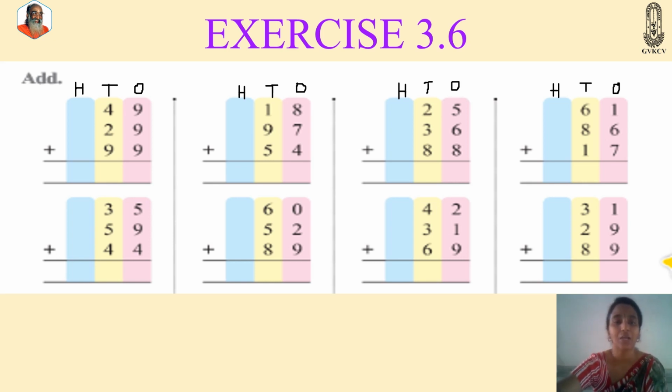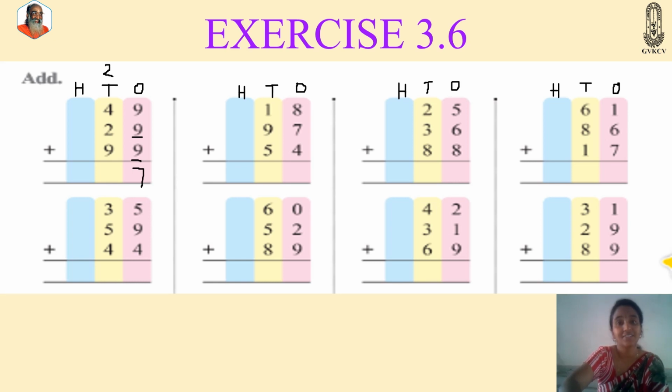Now see, under ones, what are there? 9 plus 9 plus 9. 3 nines are there. So keep 9 in your mind. Take 9 fingers. 9 after 10, 11, 12, 13, 14, 15, 16, 17, 18. So 9 plus 9 is 18. To this 18 we should add another 9. Now keep 18 in your mind. Take 9 fingers. After 18, 19, 20, 21, 22, 23, 24, 25, 26 and 27. I am adding 7 under ones and writing 2 on the top of tens.